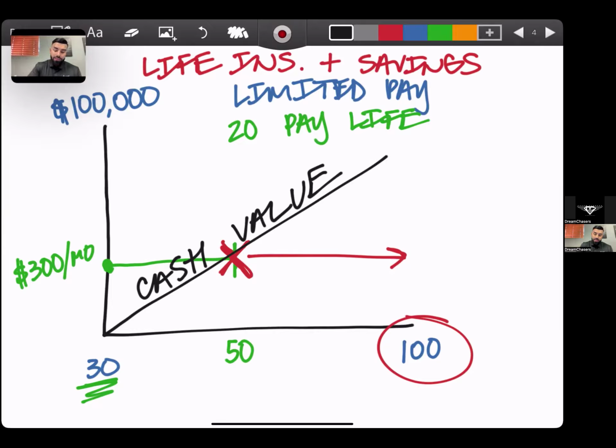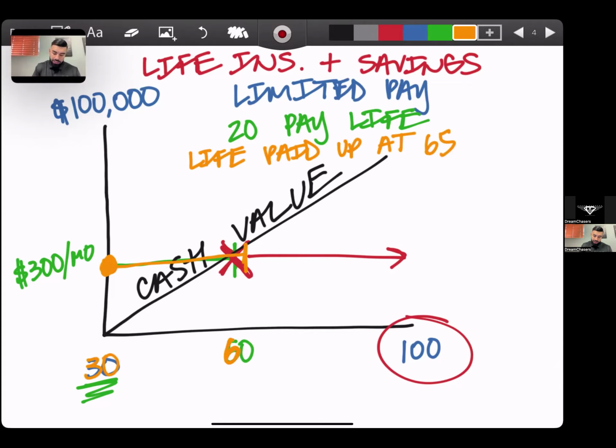Let's say they give you the example of life paid up at 65. So here, same thing. Person purchases it when he's 30 years old. He's going to pay for it up to age 65, right? The example is life paid up at 65. At 65, he stops paying for this policy, but it's going to continue to cover him till he's 100 years old. Okay,